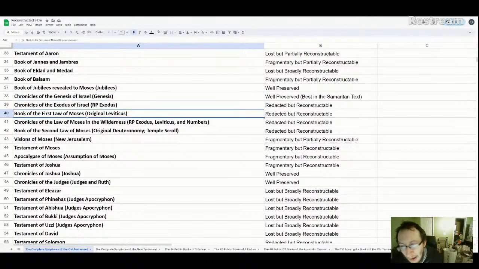What I call the Book of the First Law of Moses will start off with Exodus chapter 17 and go all the way to Exodus 30, and then it's going to have a good chunk of Leviticus and Numbers, the law portions, rewritten in the style of the Temple Scroll, in a good order. Then it'll end with Moses coming down from the mountain and destroying the two tablets, and then going back to the mountain and receiving the law again a second time. That'll be the book of the first law.